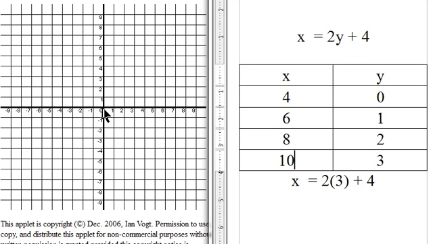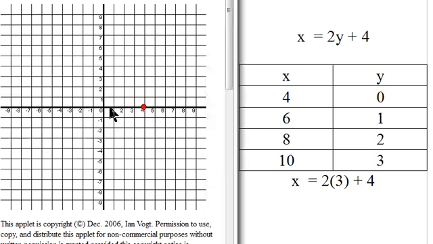So here are some points. I just go over to the grid and graph them. 4, 0, right there. 6, 1, right there. I'm going to go ahead and draw the graph through those. And you can see that this graph also goes through 8, 2, and it also goes through 10,